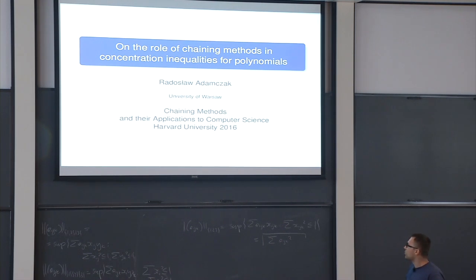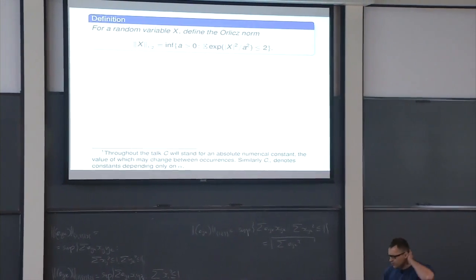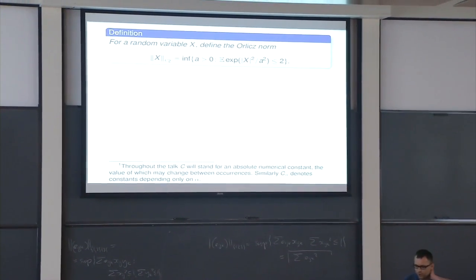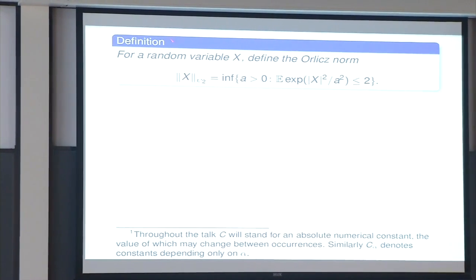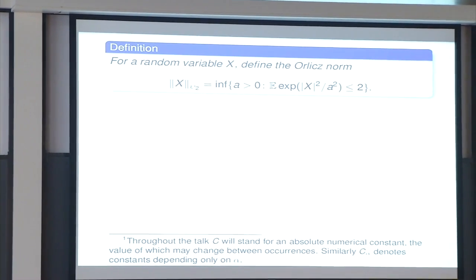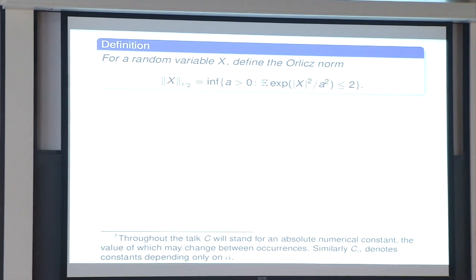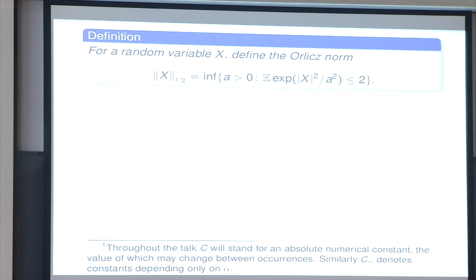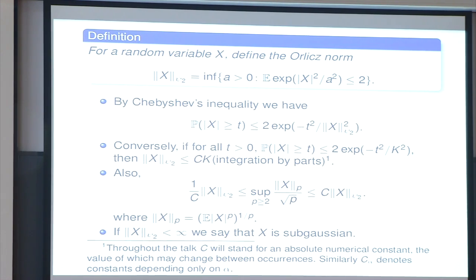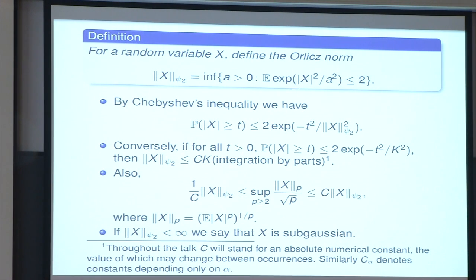Okay, so let me start with some notation. I'm going to speak about sub-Gaussian variables, so you have to formalize sub-Gaussianity somehow. It can be done many ways. I chose to do it via this psi2 Orlicz norm. This is the formal definition, but if you don't like Orlicz norms, you may think of this psi2 norm of the random variable X just as the sub-Gaussian coefficient in the sub-Gaussian tail decay, and infinity if there is no sub-Gaussian tail decay. Just by applying Chebyshev's inequality to this e to the X squared divided by a squared,